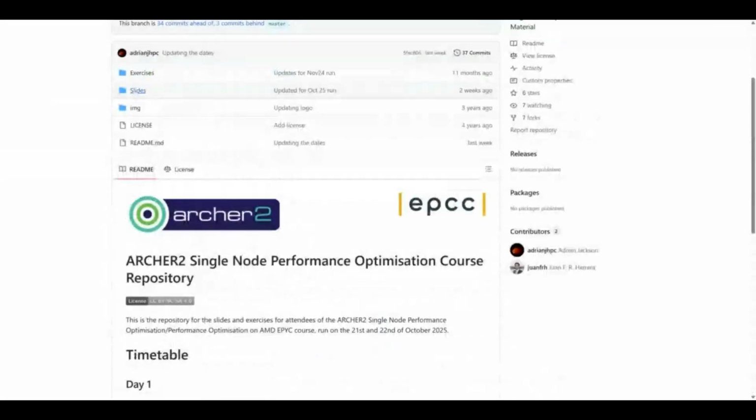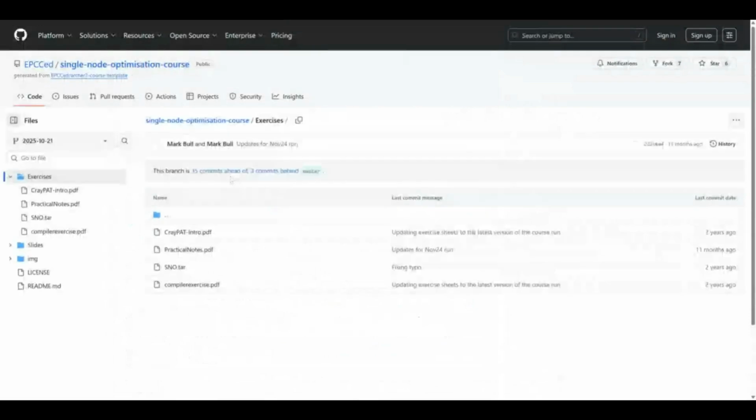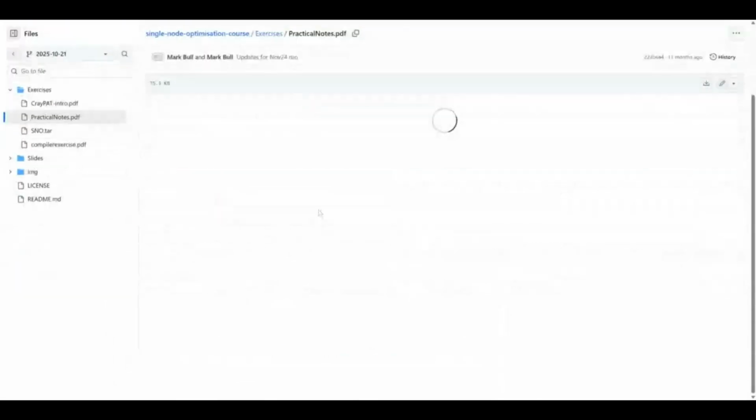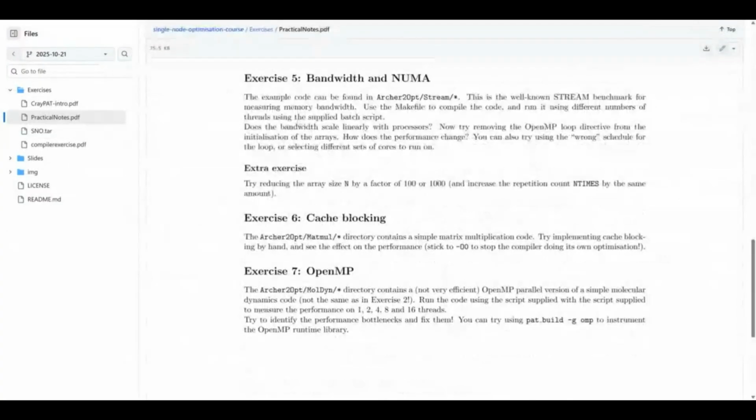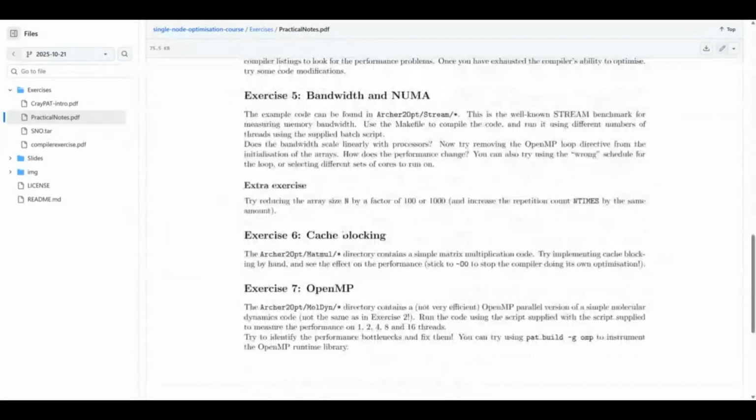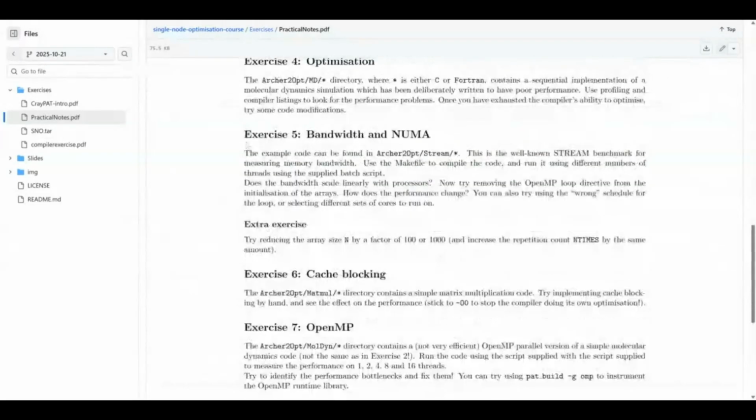There is also a practical around memory performance and cache blocking. So if you go into the exercises and have a look at the practical notes, we've got the memory bandwidth and cache blocking exercises here, exercises 5 and 6, to look at what you can do to simple programs to check performance and improve their performance with memory cache blocking optimizations. So have a look at those, and I'll be around here. Just let me know if